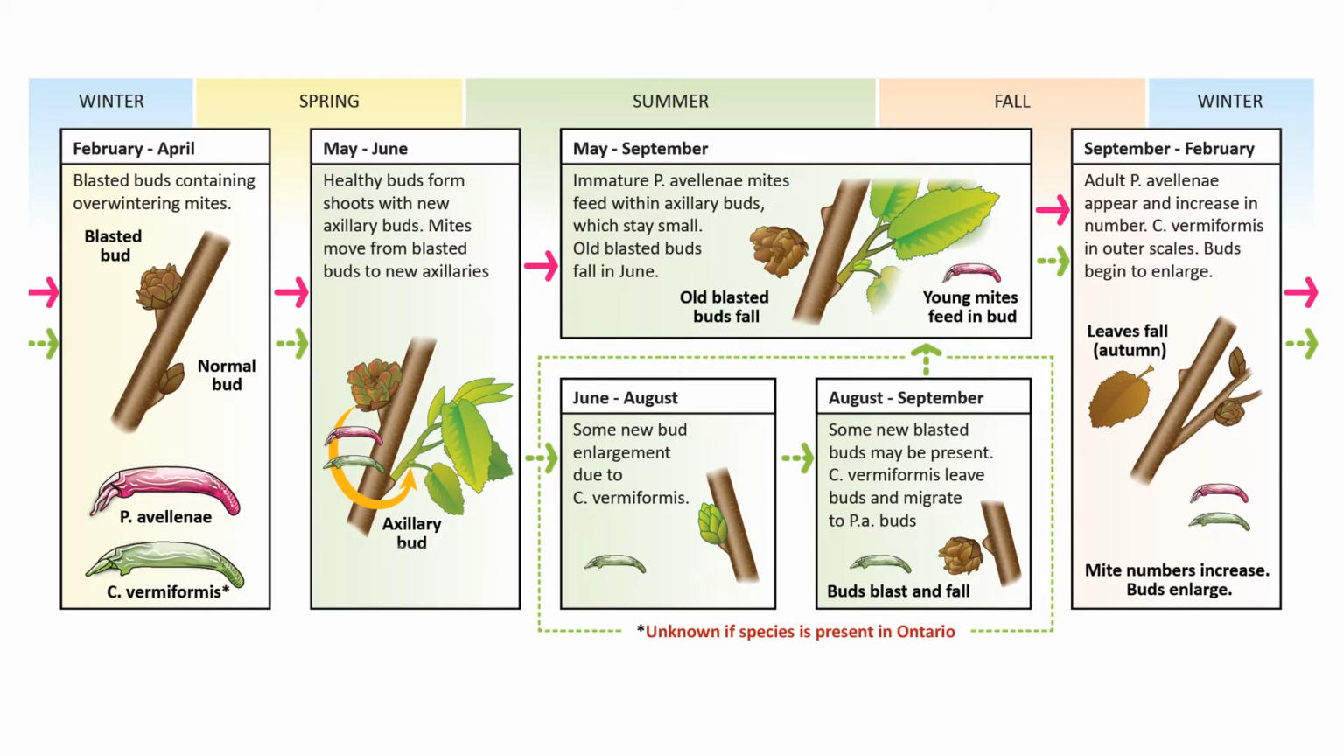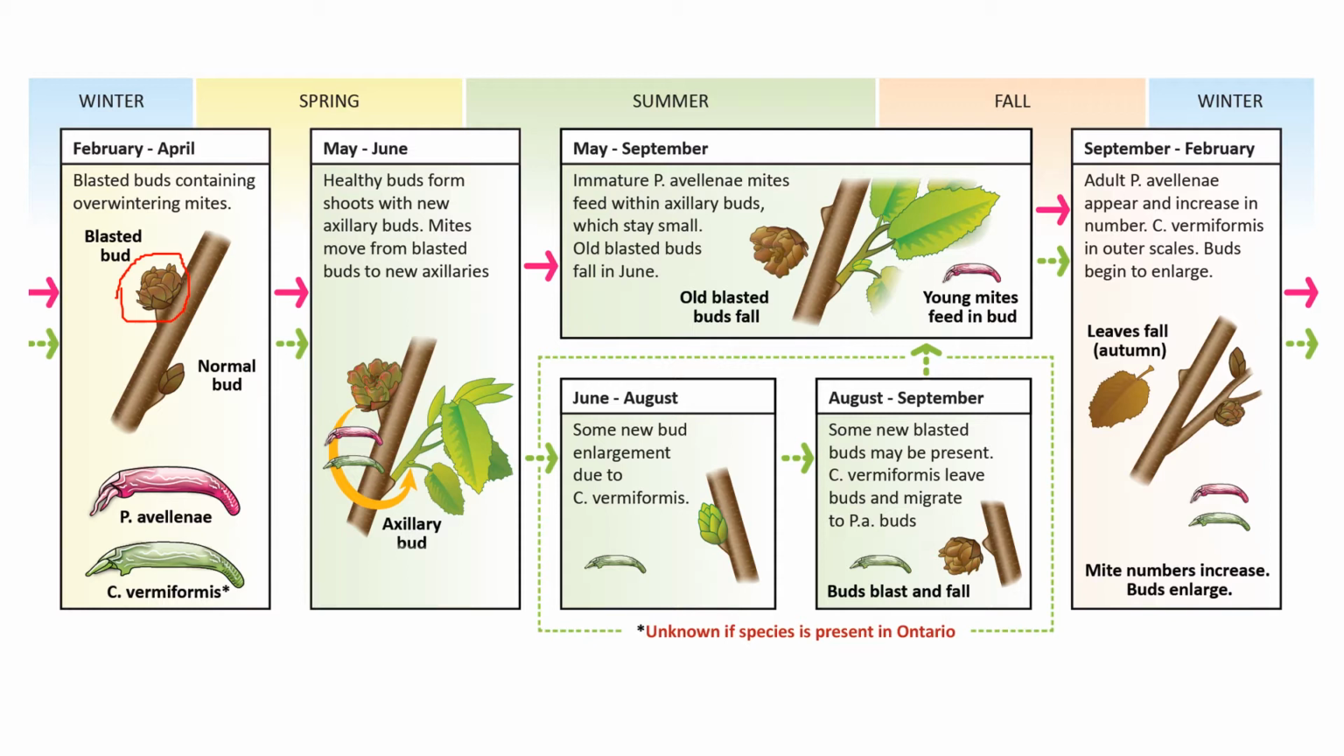This is a life cycle diagram which illustrates what we think is the life cycle of these 2 mite species in Ontario. Starting on the left, blasted buds containing the overwintering mites are present beginning in about February and extending through to April. At that time, the enlarged buds become really evident, and that's the time they're most easily spotted